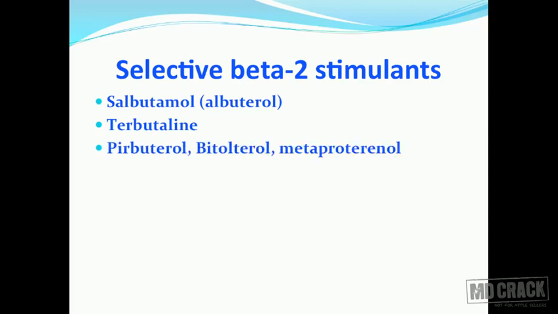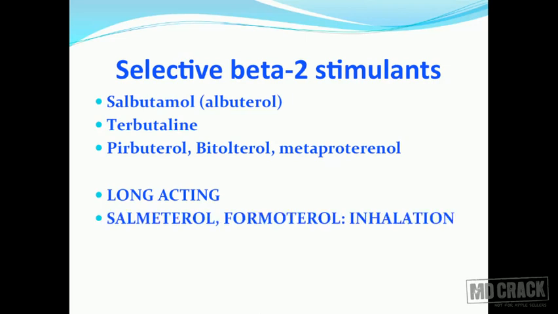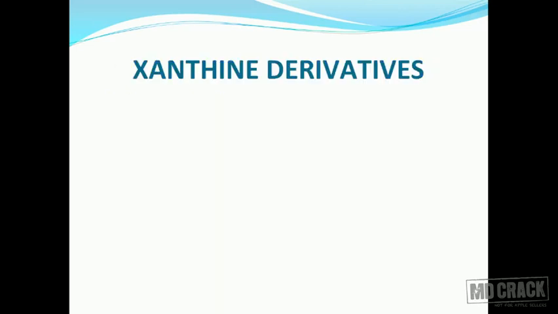There are more selective beta-2 stimulants in the form of pirbuterol, bitolterol, and metaproterenol. I would like to tell you about two more agents which are selective beta-2 stimulants, but they are long-acting. The first one is salmeterol, and the second one is formoterol. Yes, they do produce bronchodilation when you inhale them, but their effect is more sustained. They are available by the route of inhalation. They are not yet available by oral route of administration, and they are useful in the long-term prevention of bronchial